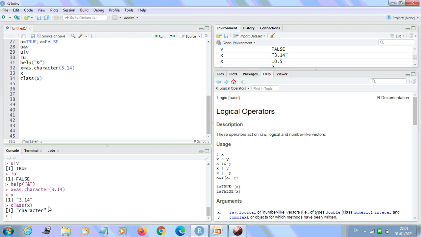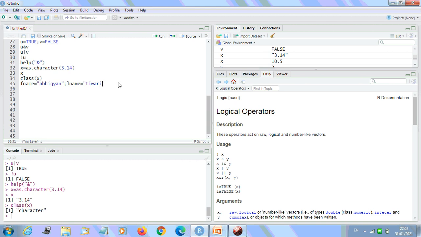Okay, fine. So two character values can be concatenated with the paste function. So we have a paste function here itself. So we'll see. So fname equal to, you can write, it's my name, okay, fine. And after that we have last name. We can make a variable lname. Okay, so this is what